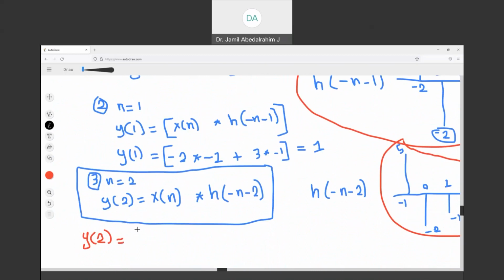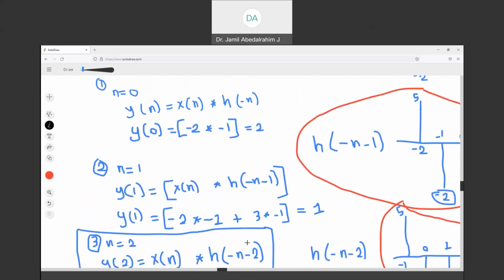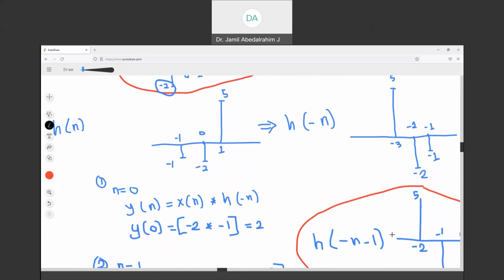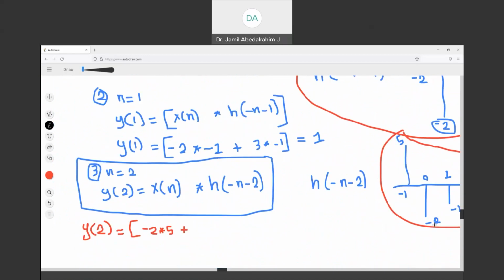So negative 2 multiply by 5, plus, at 0 we have 3, at 0 we have minus 2. So 3 multiply by minus 2, plus,